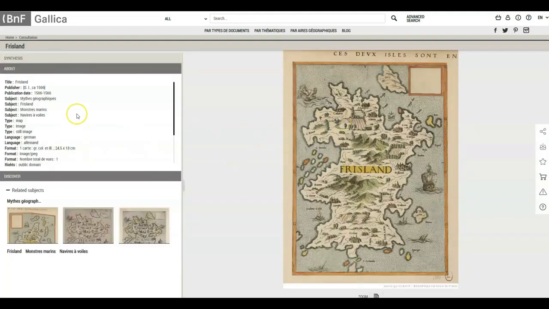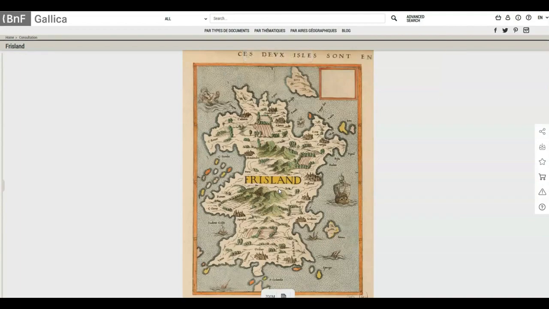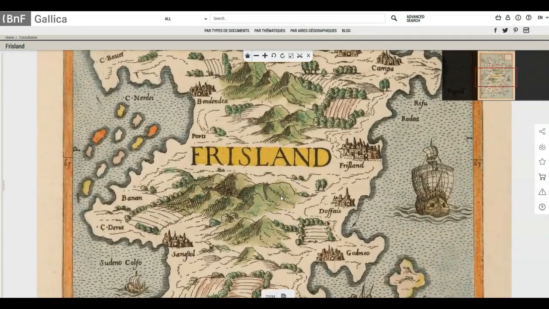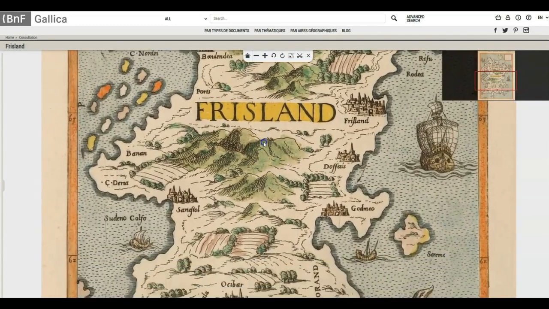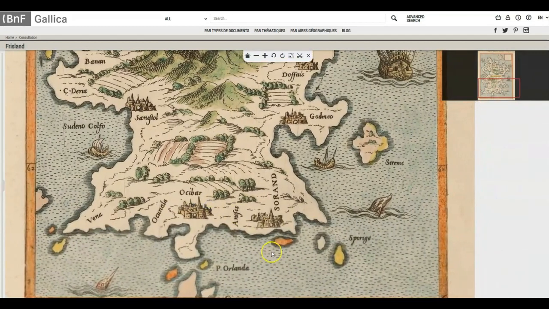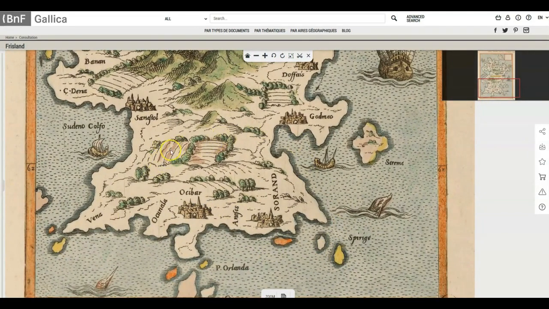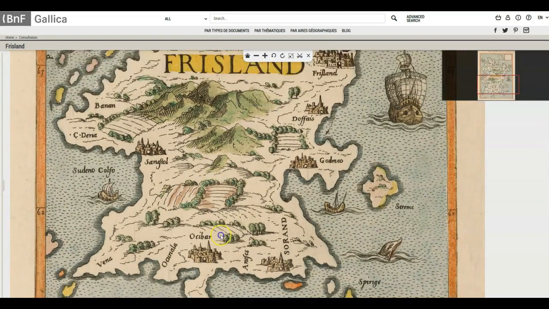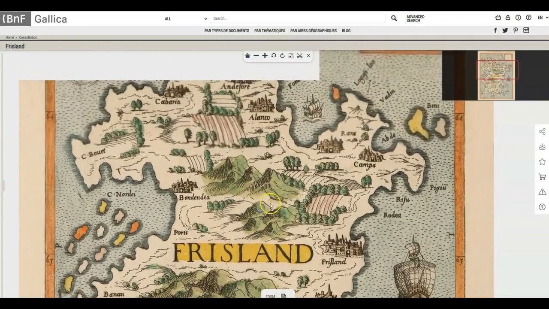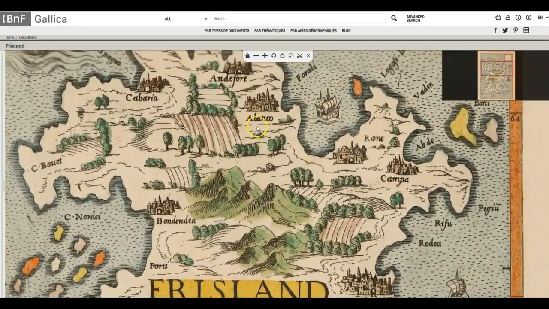This is Friesland, 1566. So let's just have a look at what was going down in Friesland in 1566. And as you can see on this map, no sign of ice. No sign of icebergs or iced up water. We have trees, we have farms or vineyards here. We have green mountains and hills, more farms up here, and of course we have